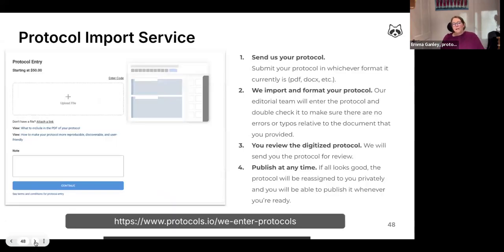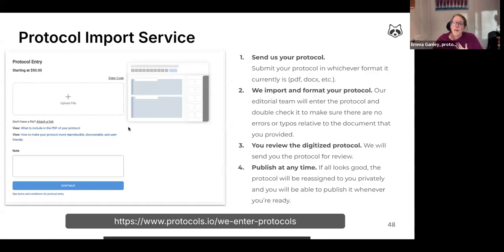And then I mentioned earlier the import service. This is something that's offered as a part of the extra you get if you have a license at your institution, where everyone can take advantage. But you can also use it separately, but there's a fee, which we calculate depending on the complexity of the protocol. But what you can do here is if you have those Word files, you can upload that file,